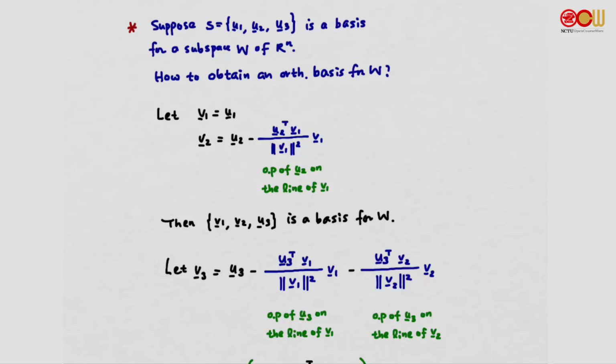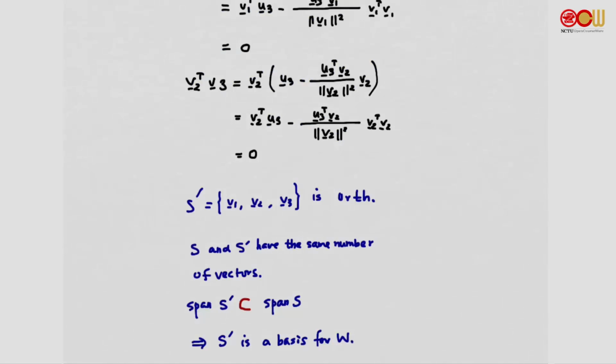Because all these V1, V2, and V3 vectors are linear combinations of the U's. V1 is equal to U1, V2 is a linear combination of U1 and U2, and V3 is a linear combination of U1, U2, and U3. So indeed, span S prime is contained in span S,